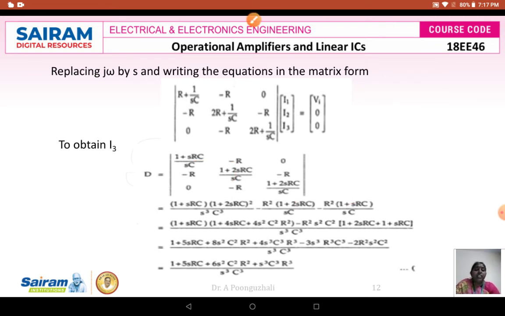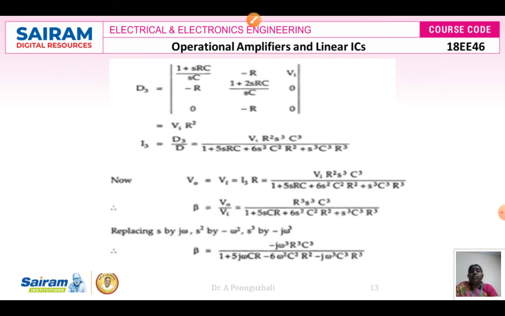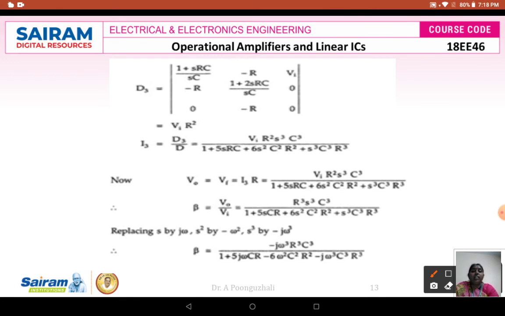So here in this case, D3 is going to be, replace your third column by Vi, 0 and 0. So if I am going to find out your D3, anyway this first term, your first term is going to be 0 0. So second term is going to be again 0 0. Only a third term you are going to have. Third term is nothing but you are going to have your Vi into R square, anyway this other term is going to be 0, so it is Vi into R square, remaining terms are all 0.